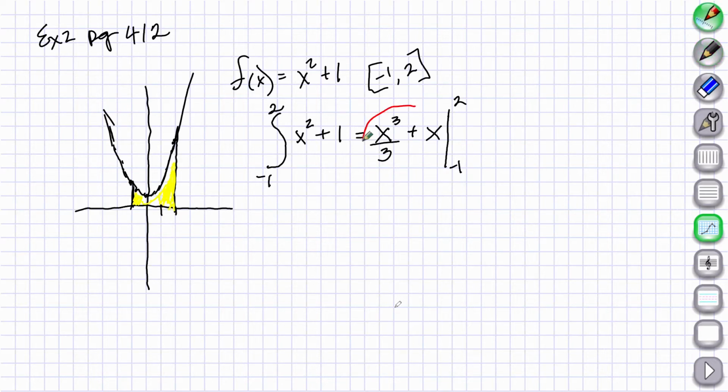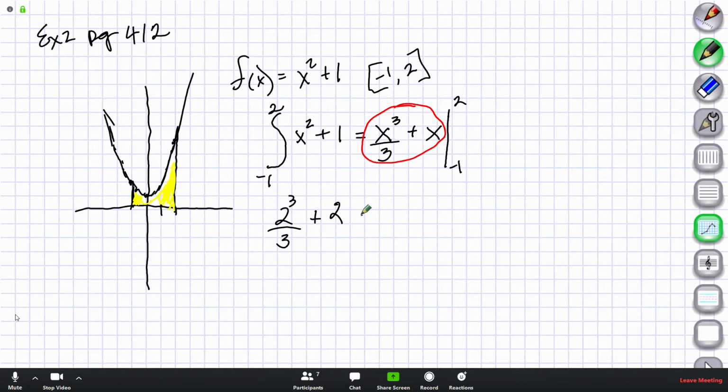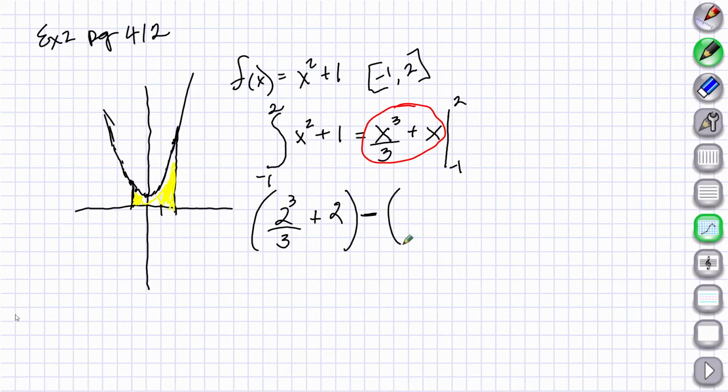And here we're going to substitute the 2 in there. And instead of rewriting, I'm just going to put down: 2 to the 3rd, of course, would be 8 over 3 plus 2 minus this whole thing, minus, and now we're going to put a -1 in here. -1 to the 3rd over 3 plus -1. And that should give us the area